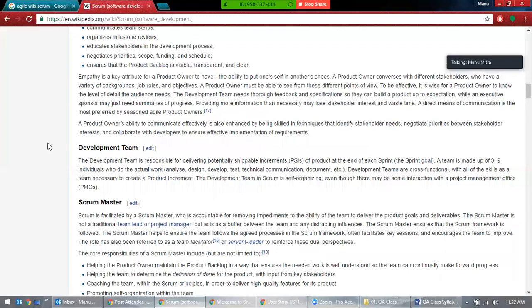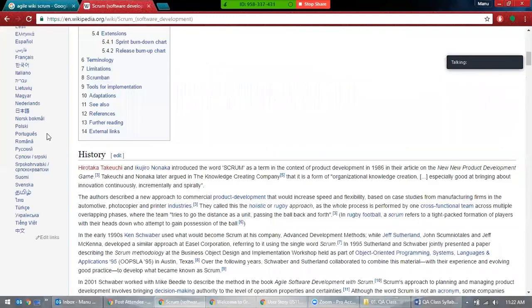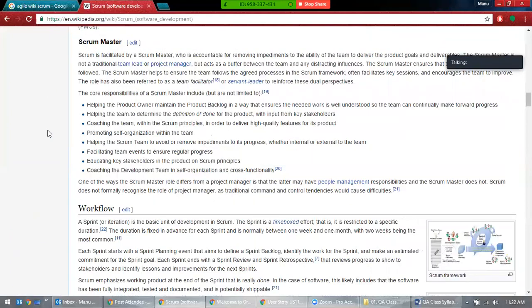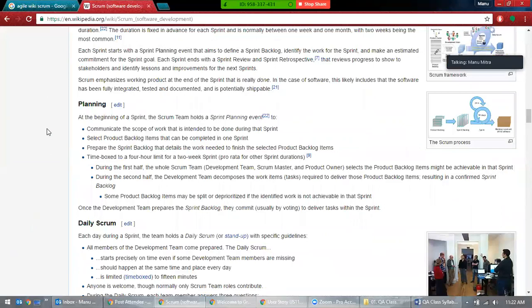Now you will be having various meetings. Agile is actually full of meetings. You'll just be attending meetings, and work is hardly done. So here is the sprint planning.